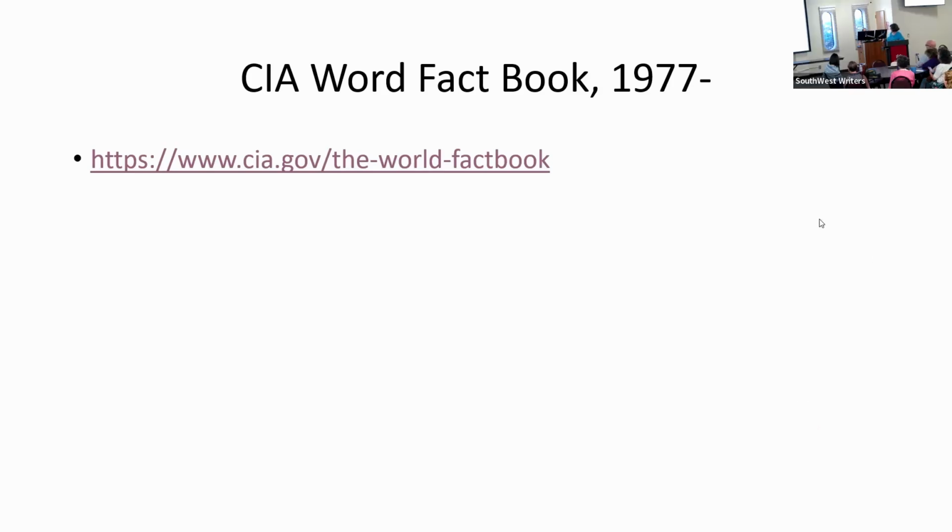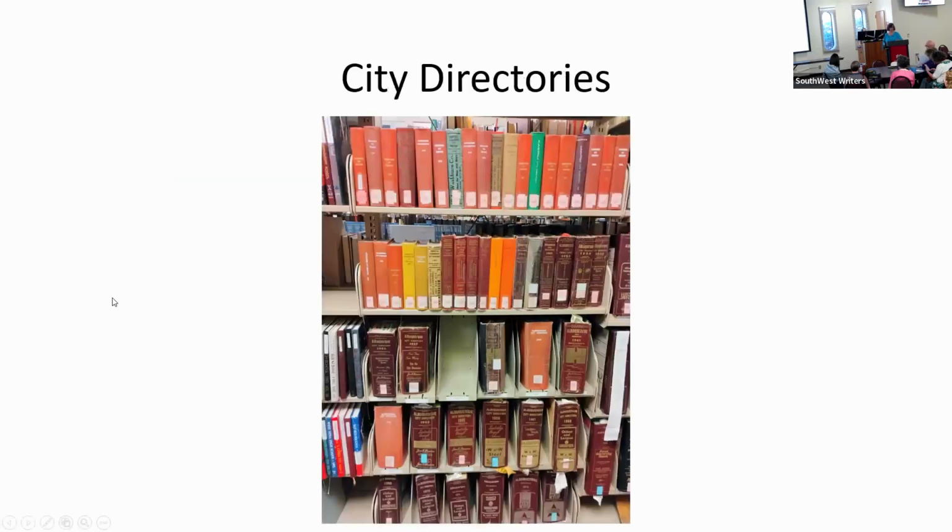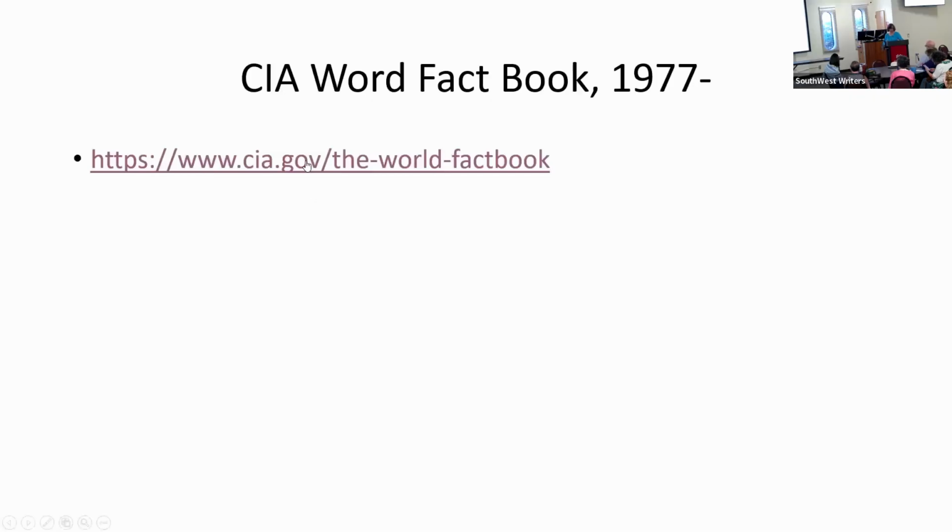Oh, it doesn't like this. Well, while she's doing that, I'll tell you what it does. This is the CIA. So this is your tax dollars at work. It provides basic information on the history, people, government, economy, energy, geography, environment, communications, transportation, military, terrorism, and transnational issues for that year. So again, you can see it has historical implications, but it has current implications.